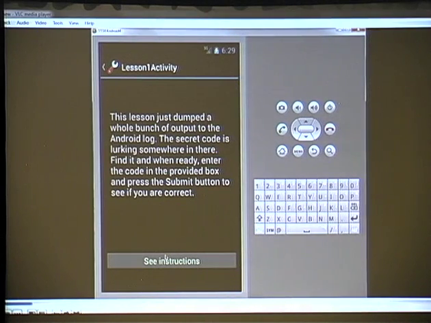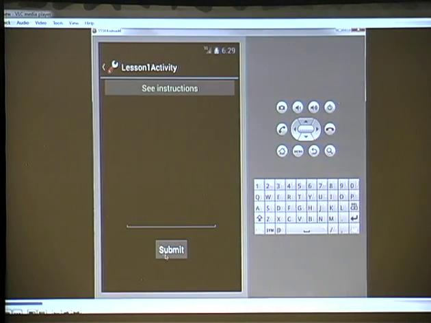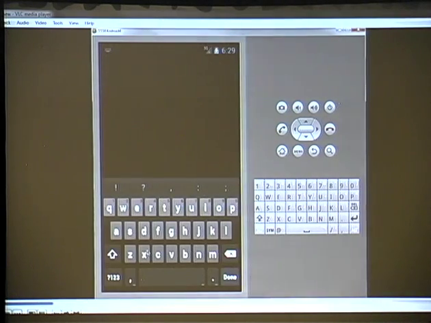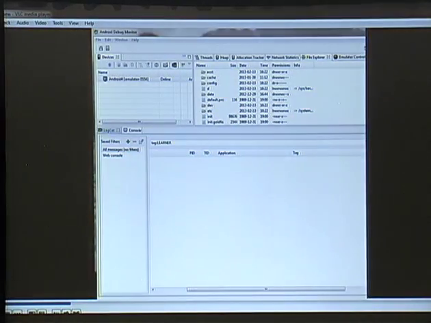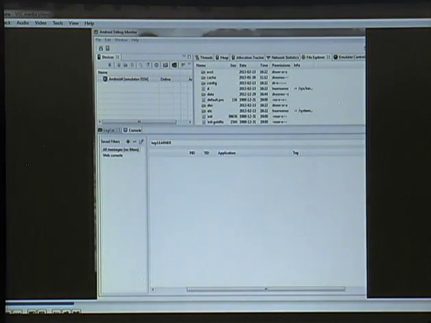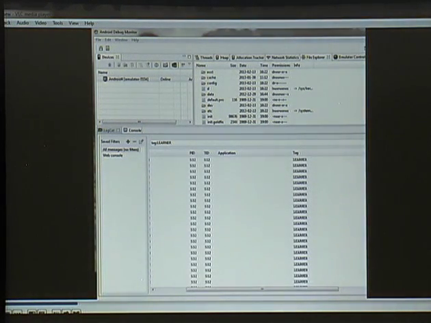And then you can close the instructions. In hindsight, I probably should have made the video go a little bit faster. Apologies. So you can try to type in some garbage in there. By the way, right now I'm burning one of the lessons. This is the most trivial lesson of the application. It's really simple, really easy. But I just want to make sure that you get the flavor of what this is.